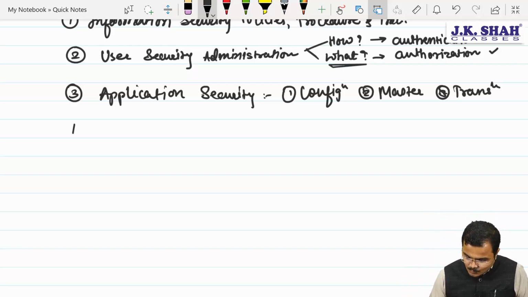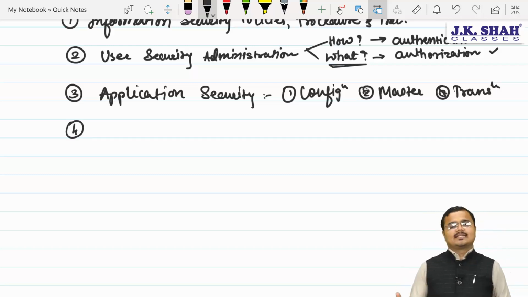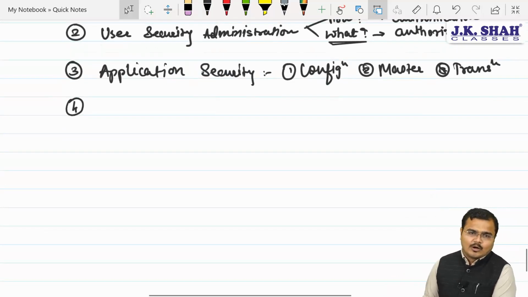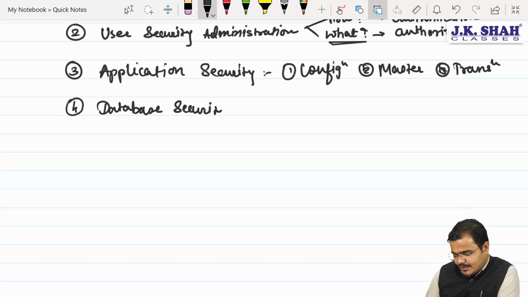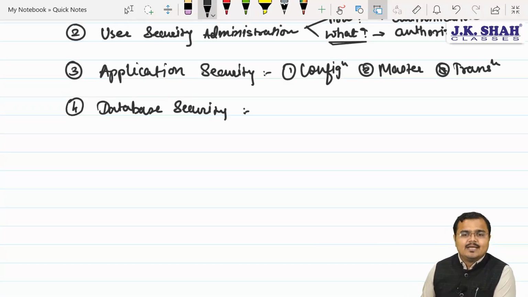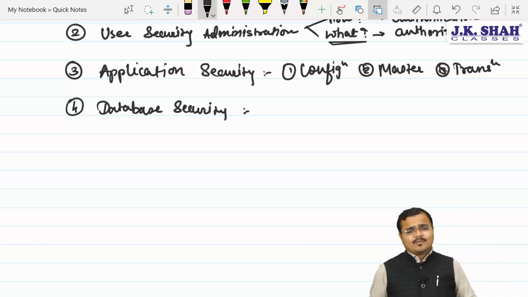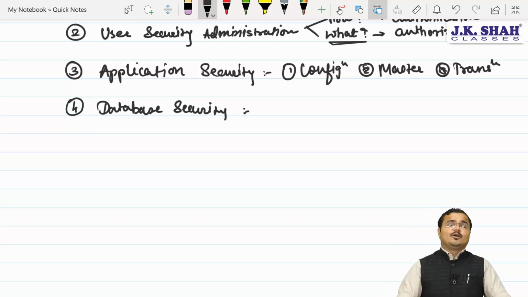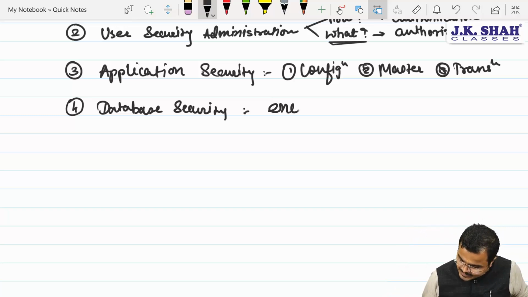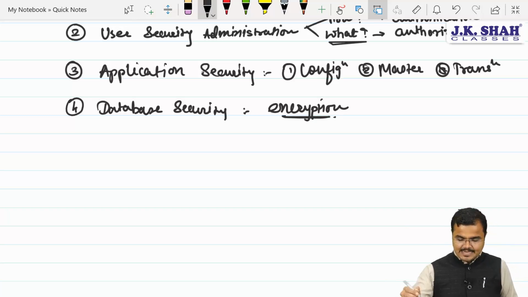Yes, sir. Once the application is processing the data, obviously we are going to get what? Sir, output, and output will be stored in the database. So we want what? Sir, database security. Now the database security concept, chartered, today only we had referred in chapter number 3. Yes or no? Yes, sir. Access limit has to be decided very carefully. We are going to make the concurrency system where we are going to verify all the data. We are also going to use what? Sir, an encryption system to protect our data from unauthorized access.